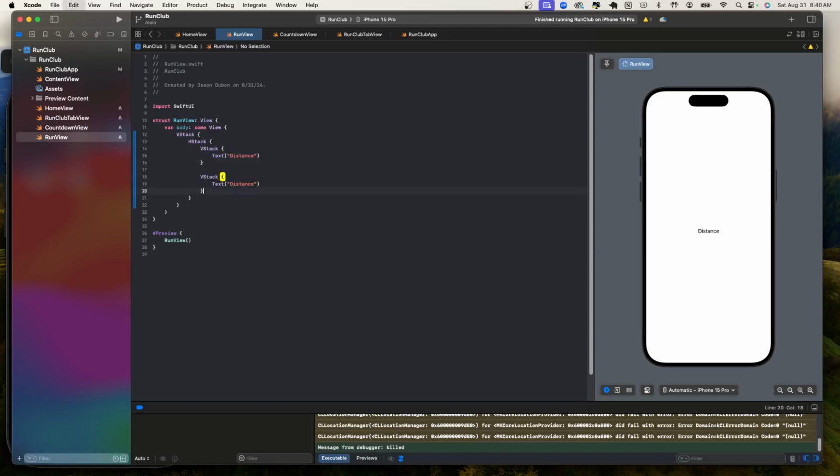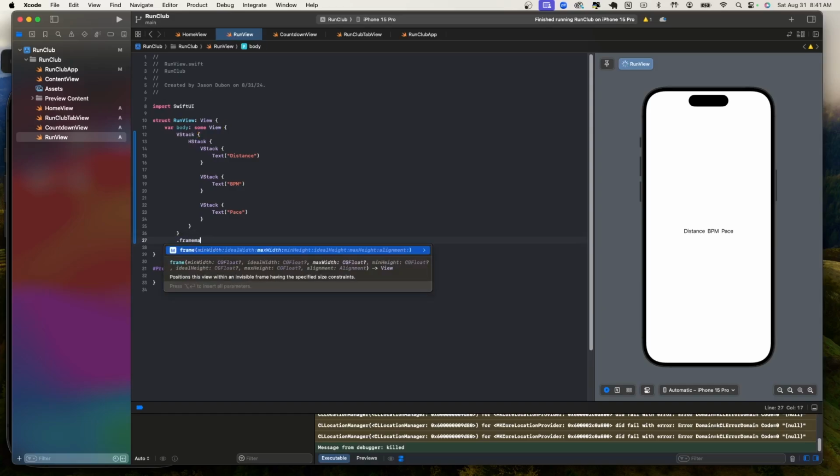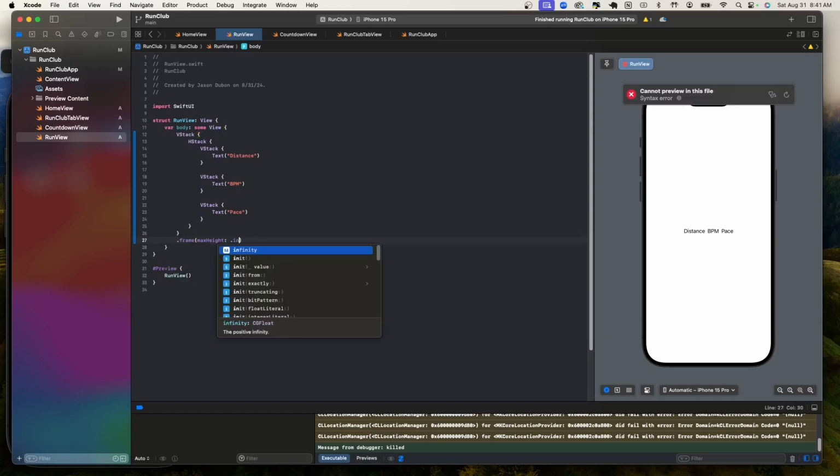Okay. Then we have, let me just copy this. Then we have the beats per minute, which is your heart rate, and then your current pace. And let's set up this max height, infinity,